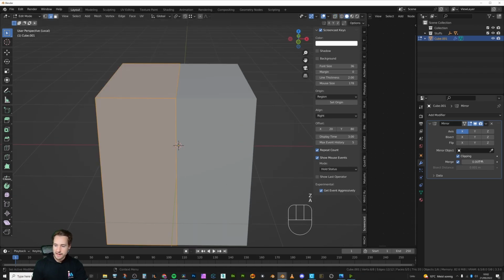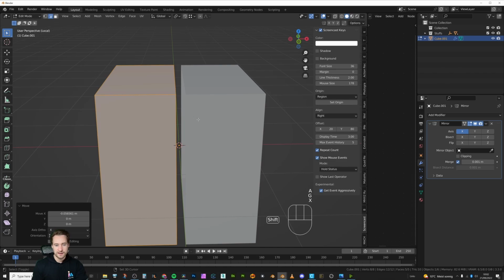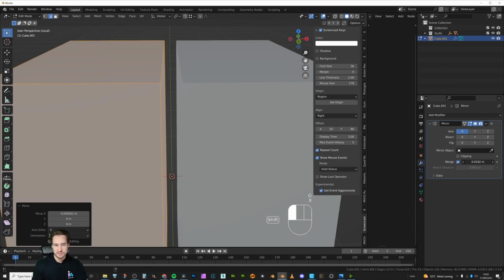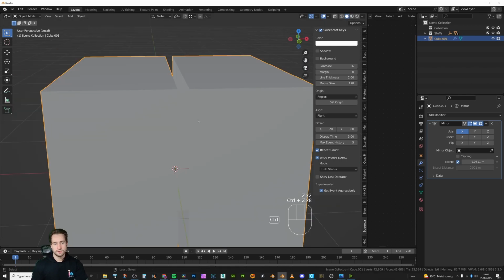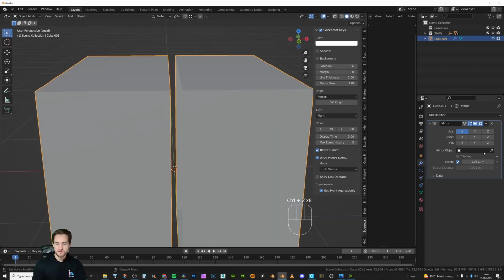Okay, and the next thing that we have is the merge. If I have this shape here, and then I just increase the merge point, it's going to eventually try to merge onto this object based on the merge point. So if I have this here, move this closer, at some point it's going to merge, which is also very, very helpful. But one thing I would be careful of